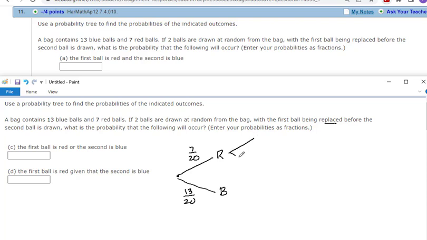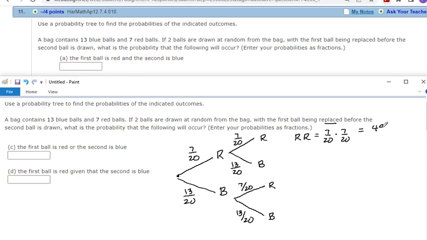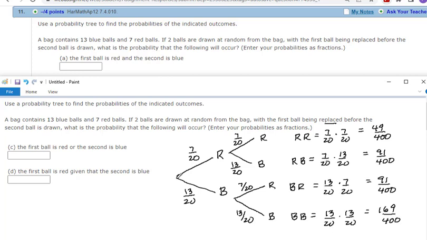After the first draw, we have a second one, which could either be red or blue. Red is still 7 out of 20, blue is still 13 out of 20, with replacement. Second draw, either red or blue. Red, 7 out of 20, blue, 13 out of 20. So this first branch would be red, red. That's 7 out of 20 times 7 out of 20, 49 out of 400. Second branch is done similarly. Okay, so constructing the probability tree gives us these 4 branches